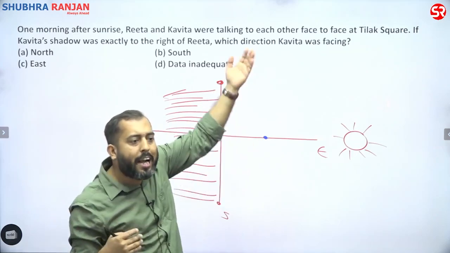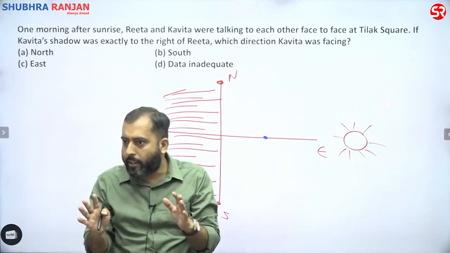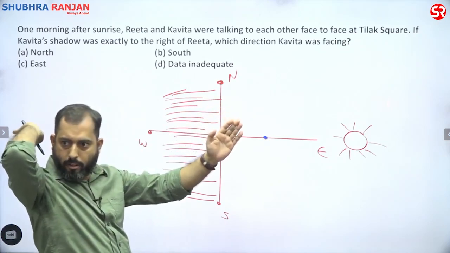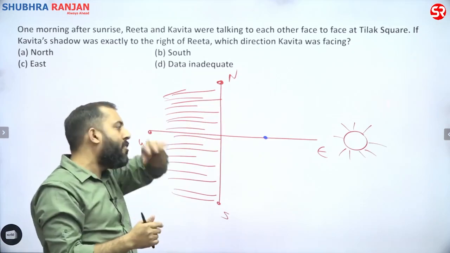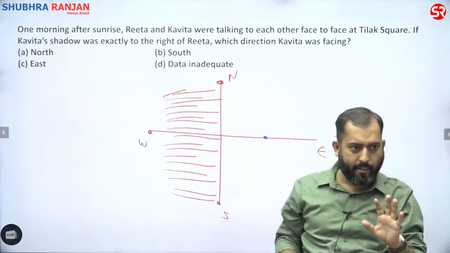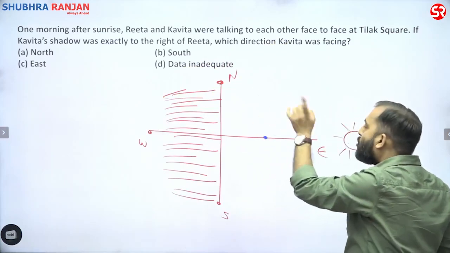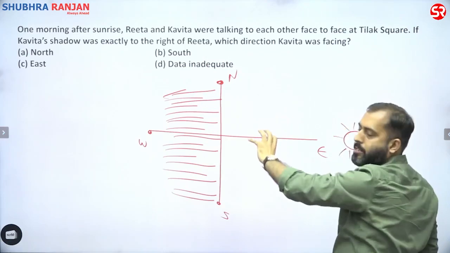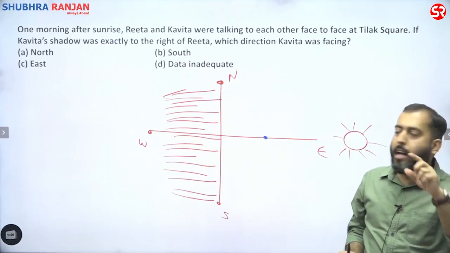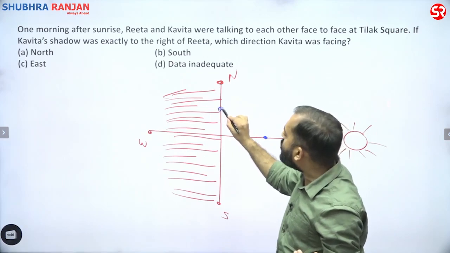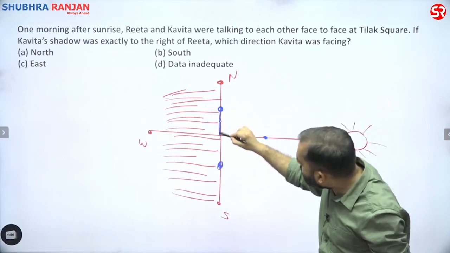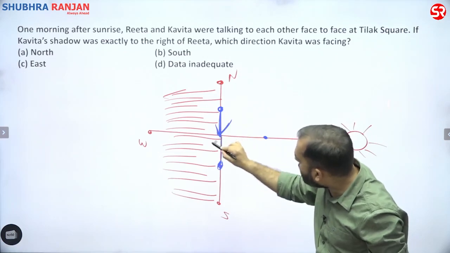It will not be on the right or left side of that guy. Getting it? If you are facing the east direction, then your shadow will fall behind you. Your shadow will not be on the right side or the left side. But in this case, the shadows are on the left and right of somebody. So it means that person is not facing east, and will neither be facing west also. So there are two cases only. It might be possible that one of them may face north and another person may face south, right? This person is facing south and this person is facing north.